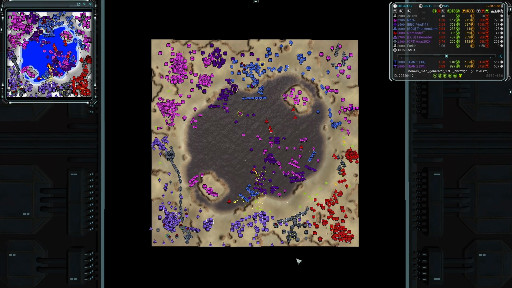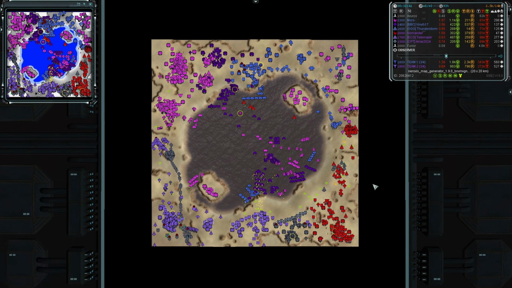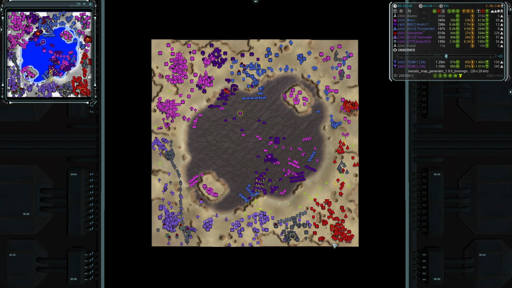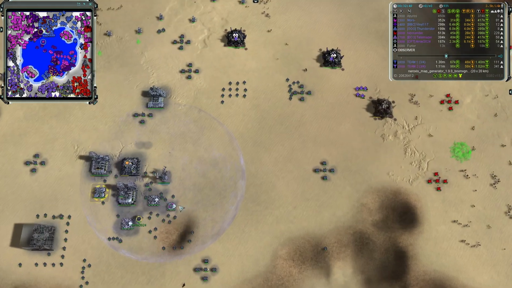It is a 3v3 now in terms of players left alive. So Team 2 has brought it back a little bit. It is 30 minutes, so you know, nukes, anti-nukes, that sort of thing starting to appear for both teams. We are seeing the anti-nuke